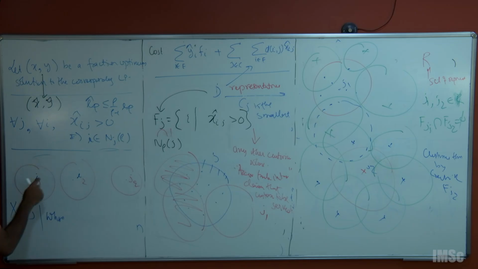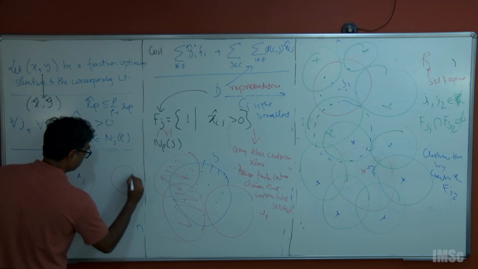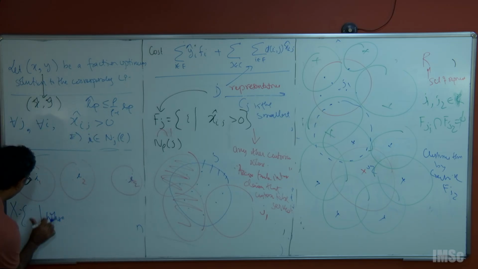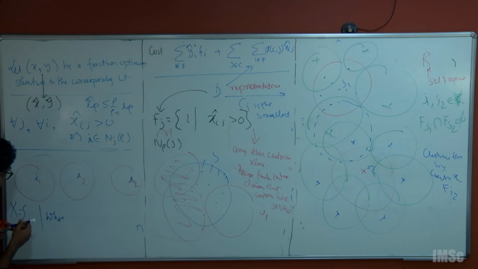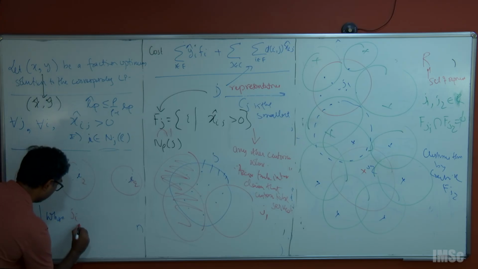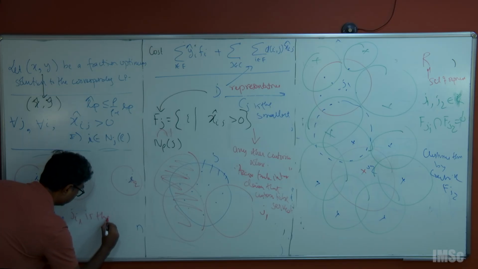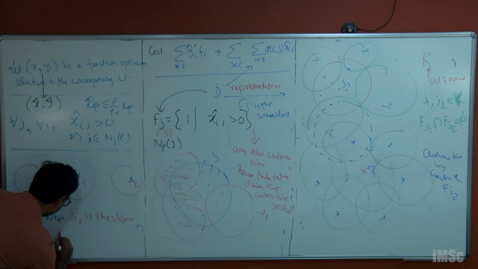For each customer, I make these balls. What is this? It consists of, it's such ugly notation, JI1, JIL, where JIL is the closest facility in F of